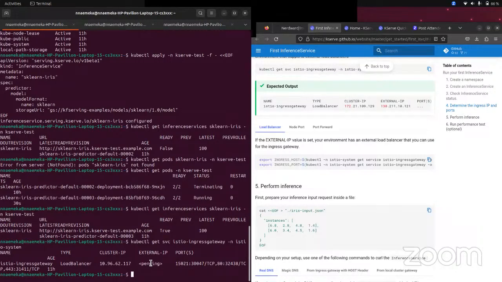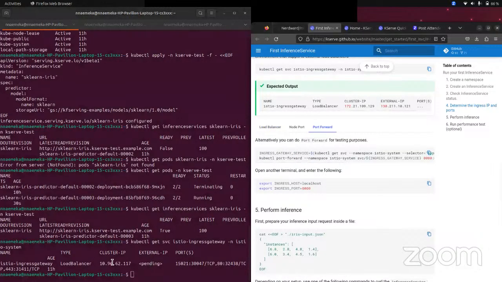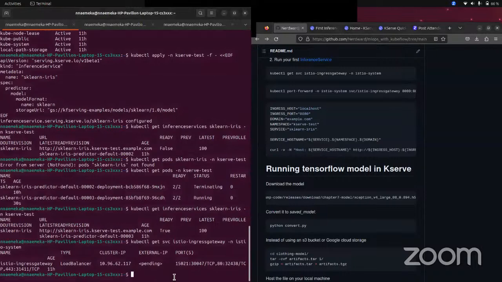Now, to do that, I forward the service to a port on my local PC, and it's connected to port 8080 on my own PC. To do that, I just run this command, kubectl port-forward, issue system,